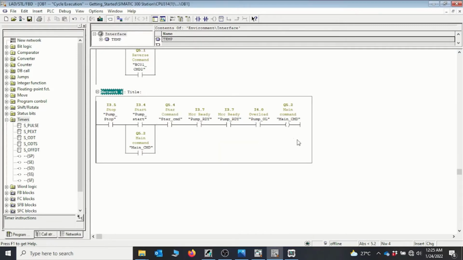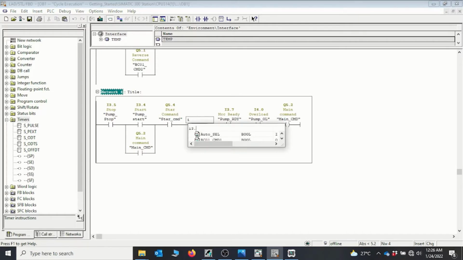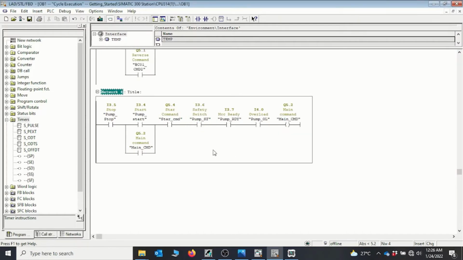So with this one done, we can analyze it now. We have our stop, we have our start, we have our star contactor, MCC ready. Okay, I have two MCC ready here. I have to delete one. MCC ready. We have the overload. I think the other one that I deleted, which is MCC ready, needs to be the safety switch, which is I3.6. All these conditions met, and then we can then close this particular. Okay, so this is our main